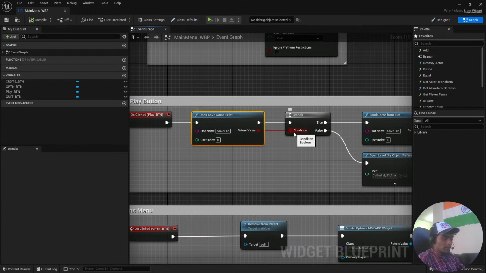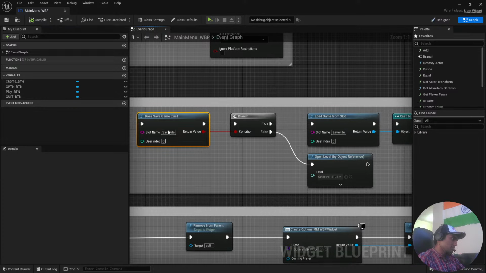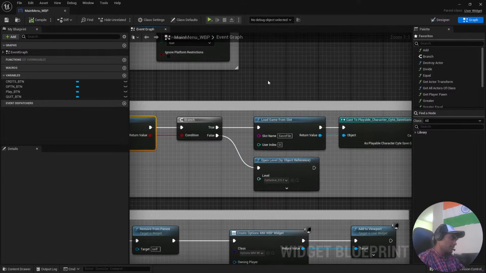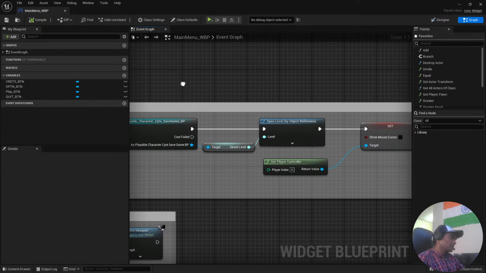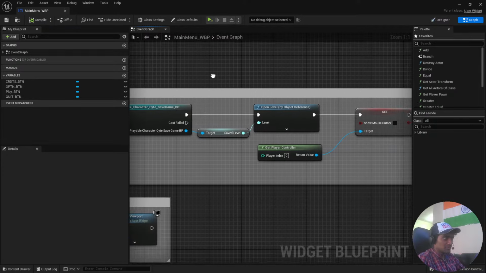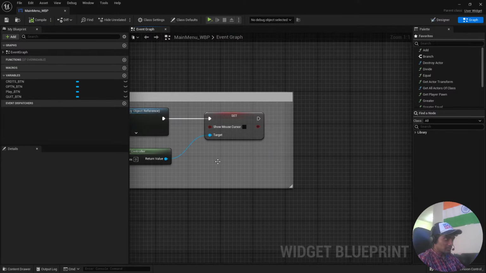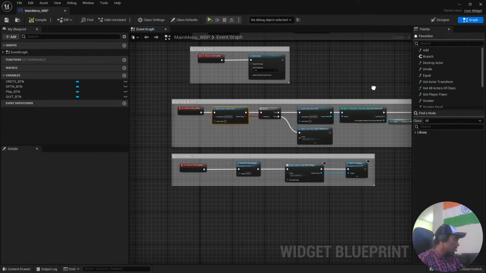Now that's a function made by one of my colleagues. It's going to fetch a save file, validate it, load it from a game slot, cast it to a save game blueprint, which gets complicated. Open the level and hide the mouse cursor. So you really have to look at every single thing,